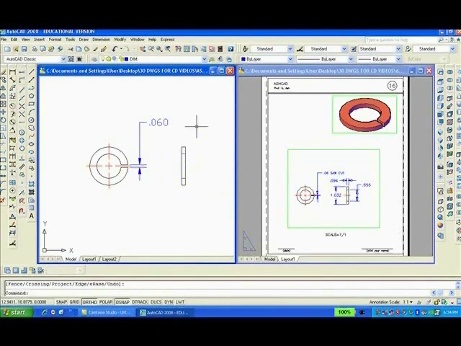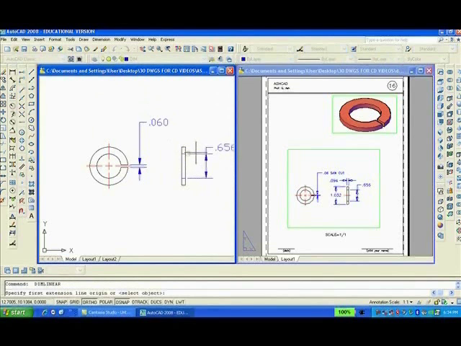And we're going to dimension with a linear dimension from here to here the inside diameter, 0.656. We're going to show the outside diameter, 1.032,